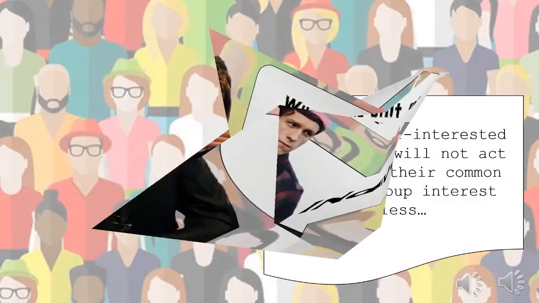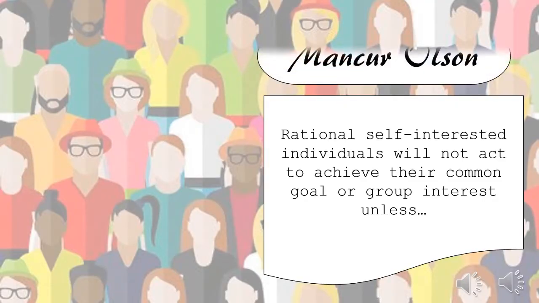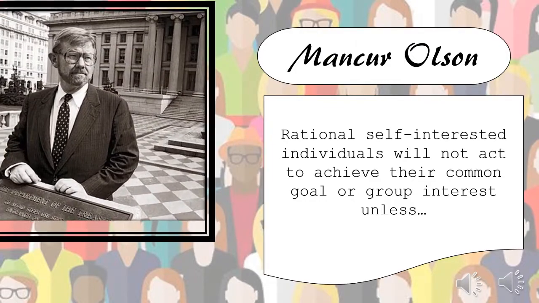Therefore, the unit of analysis is the individual itself. Rational choice theory also nurtures the normative belief that politics must attend and respond to the needs, wants, and preferences of individuals, as individuals are highly self-motivated. Furthermore, according to Olson, rational, self-interested individuals will not act to achieve their common goal or group interest unless there is coercion or some special device that can make these individuals work